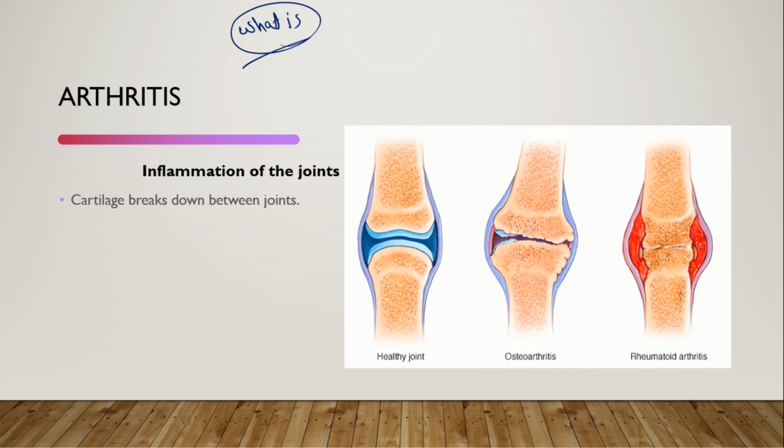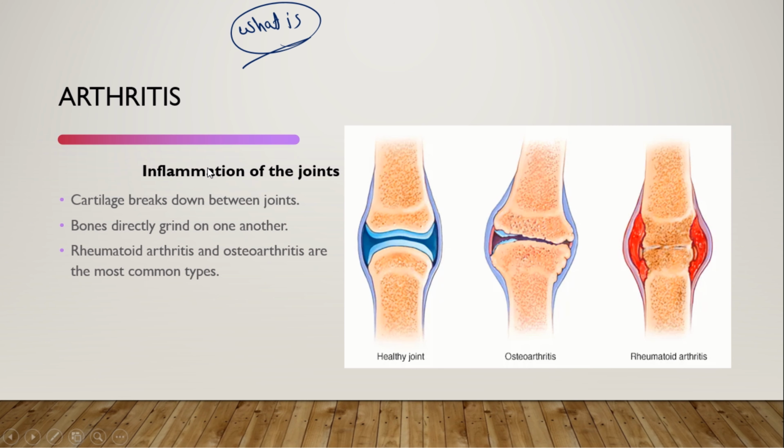This happens because of cartilage breaking down between bones in a joint, which can result in one bone grinding directly on another. There are over 100 different types of arthritis, but the two most common are called osteoarthritis and rheumatoid arthritis. Okay,